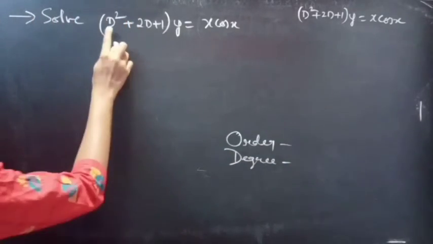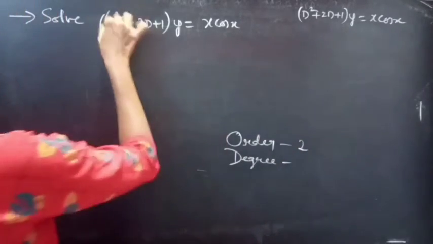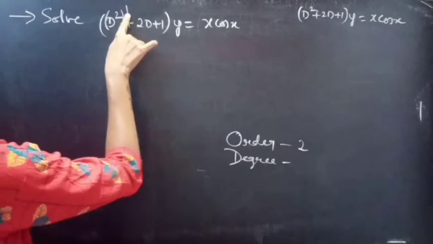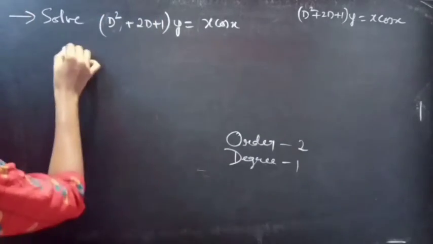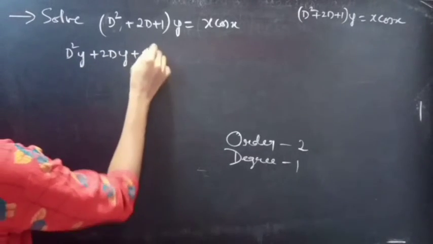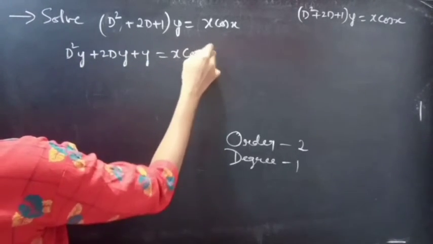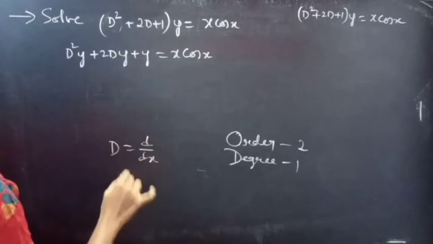Identify the highest derivative. Here D square is the highest derivative, so 2 will be our order. And the highest power of the highest derivative is the degree. Degree is 1. Or just write the given differential equation as D square y plus 2Dy plus y equals x cos x. We know that D is a differential operator. Then D square will be